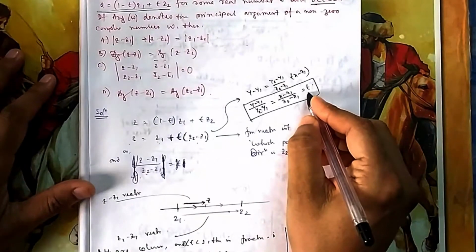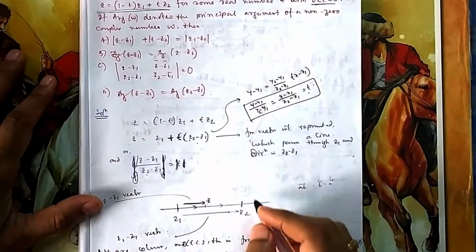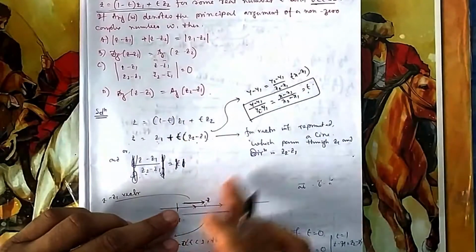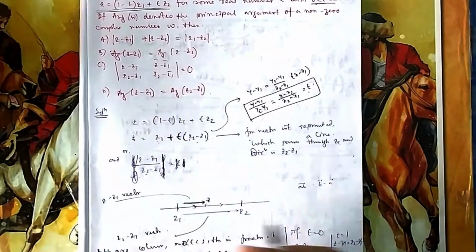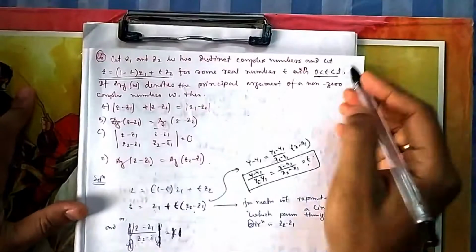Now this t gives you the idea where your point z lies. That point which is moving, it can lie anywhere, because if you take any value of t, it can move anywhere since it is the straight line. You can take any point, it will satisfy. But they have given a specific t. What is the t? 0 to 1.